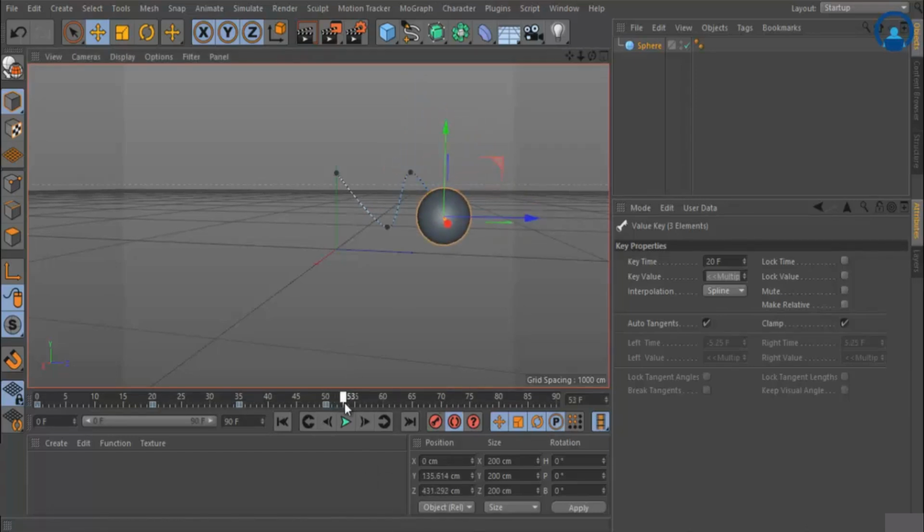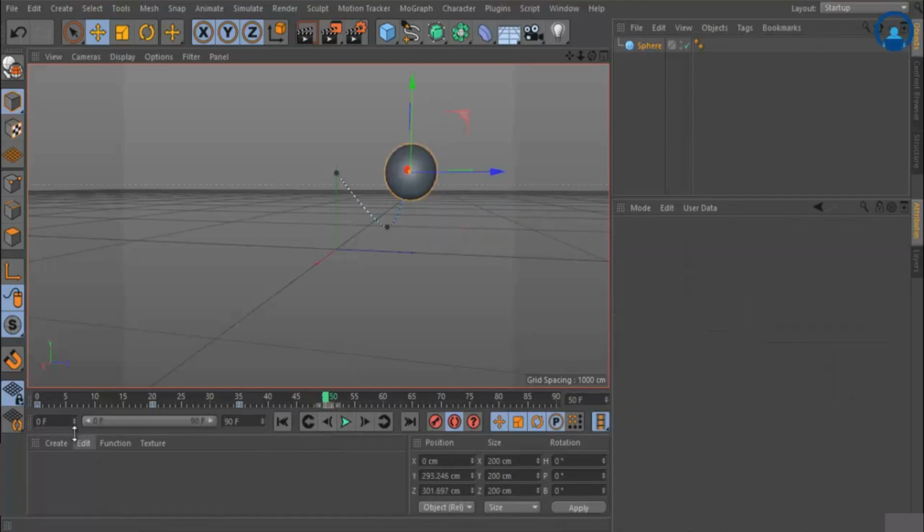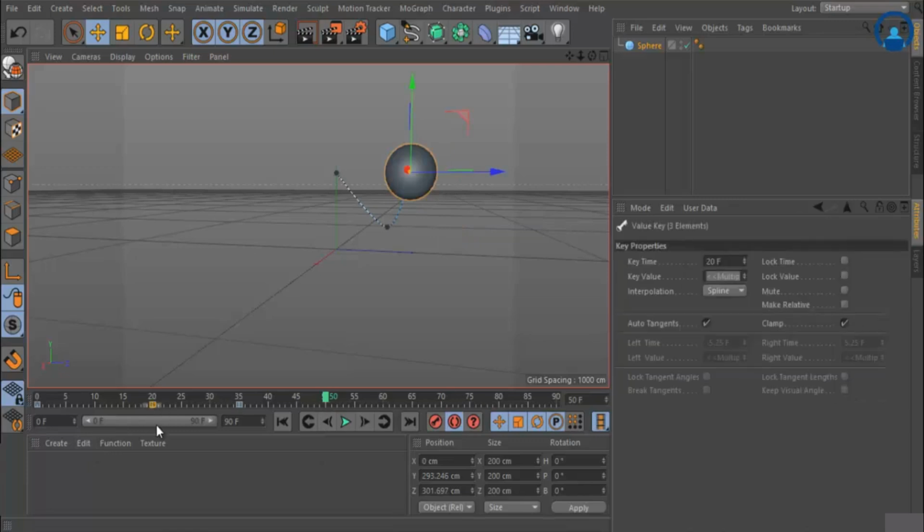If you want to copy a keyframe, anytime you can copy a keyframe. Right now the location of frame number 20 and frame number 50 is not matching, so easily I can copy and paste a keyframe. I simply select this frame 20 keyframe and press Ctrl to create a copy of that keyframe, and I keep that on frame number 50.